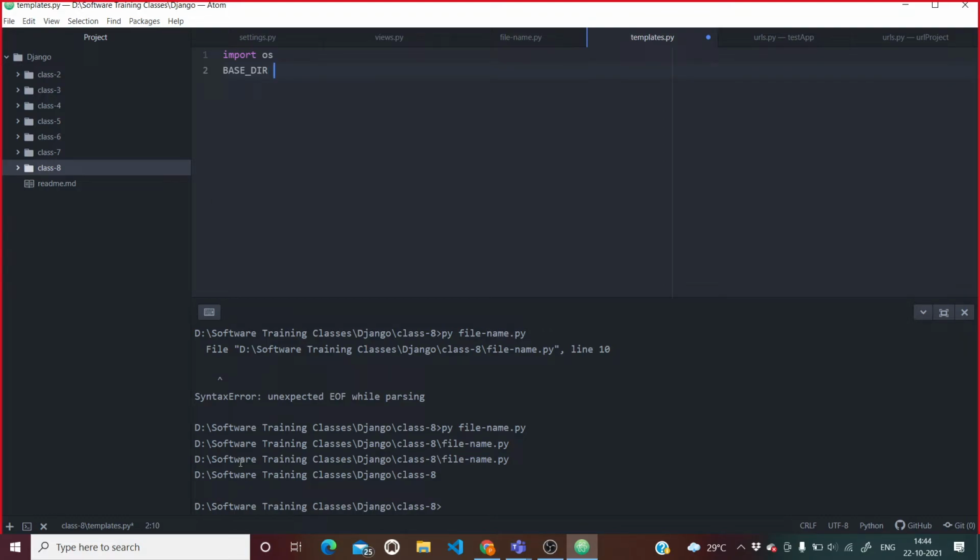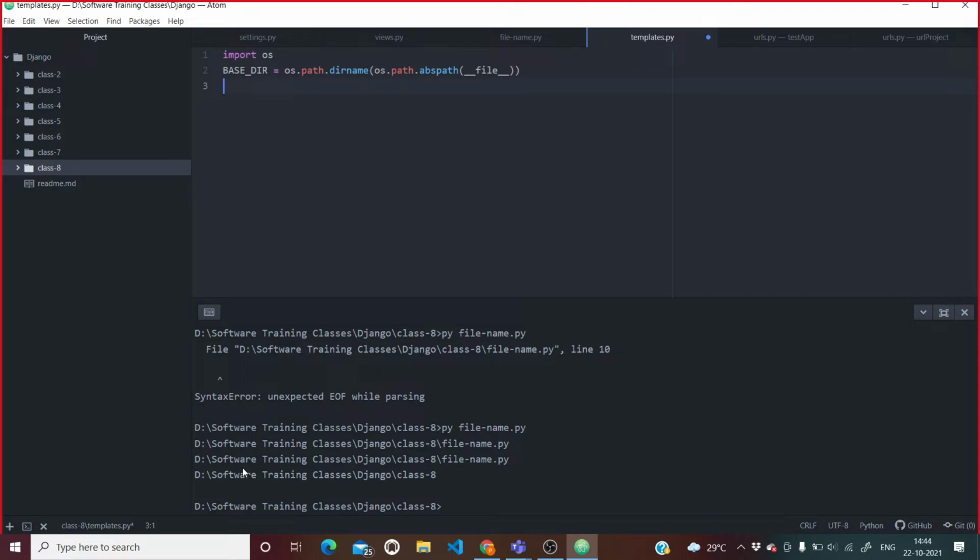To get base dir, we are going to use os.path.dirname of os.path.abspath, where this file is. This is the base directory of that particular folder.